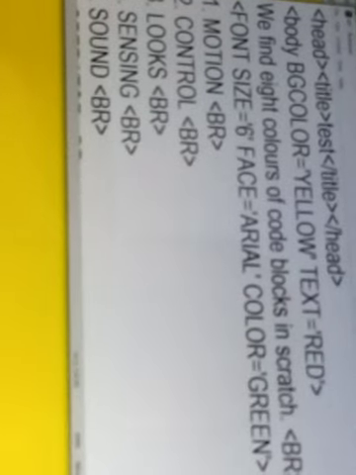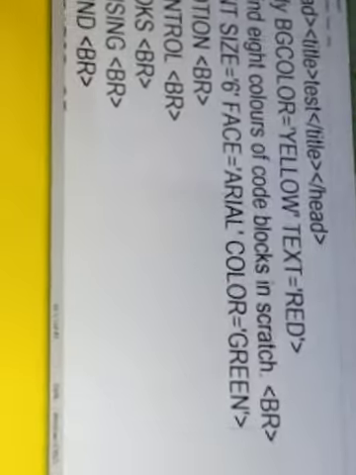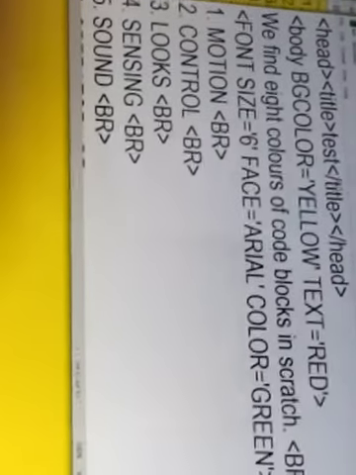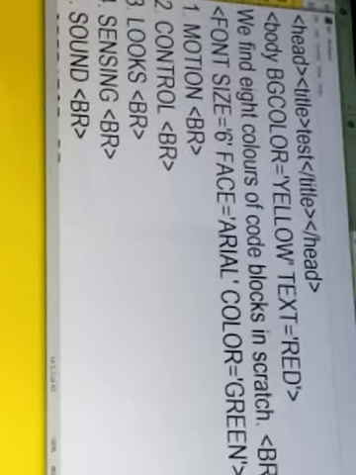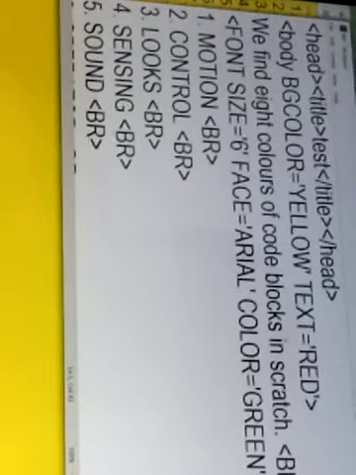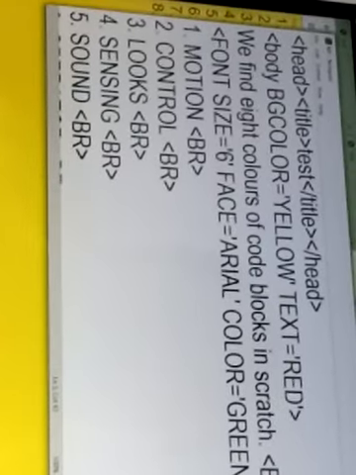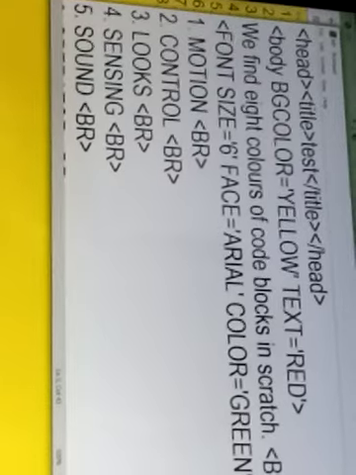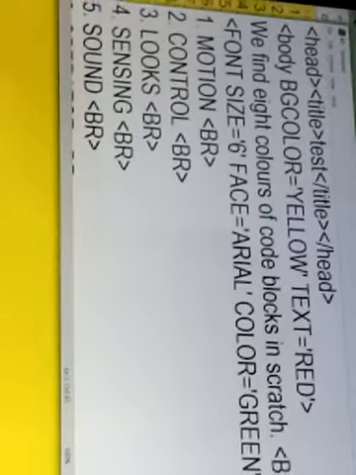So basically we use three attributes for the font, that is size, face, color. And for the body tag, we have many more attributes. We will go through them one by one after getting each and every attribute done in our practical class. In our body tag we have used BG color, that is yellow. Text color is red, isn't it?